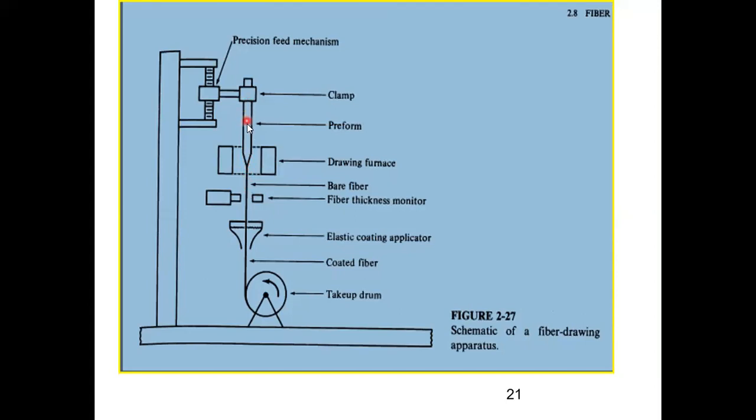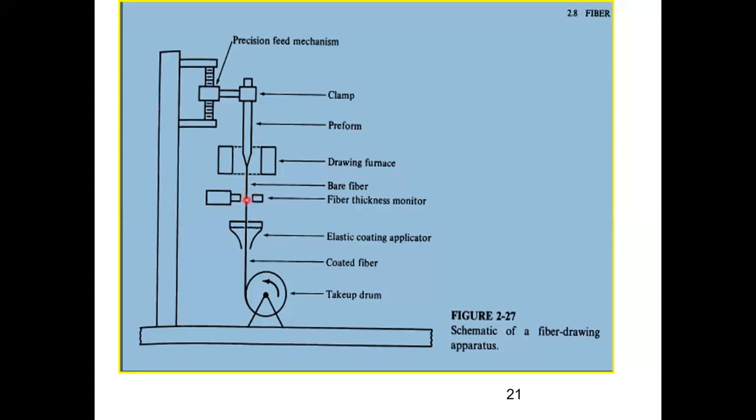Now see, ये जो preform I fabricate, inside material is of the core and outside material is of the cladding. That thickness monitor and all that, कितना core होना चाहिए, कितना cladding होना चाहिए, because see, this is not my fiber. This is a quite big rod. Okay, so here it is fabricated. This particular thing is fabricated in such a way that when I draw the fiber, inside is of the core, outside is of the cladding. So here I just have the bare fiber.